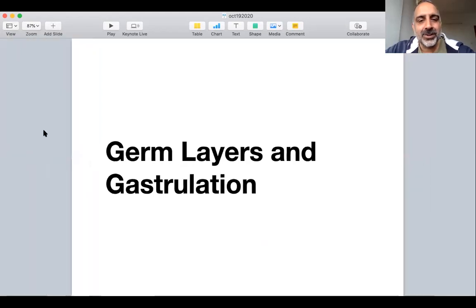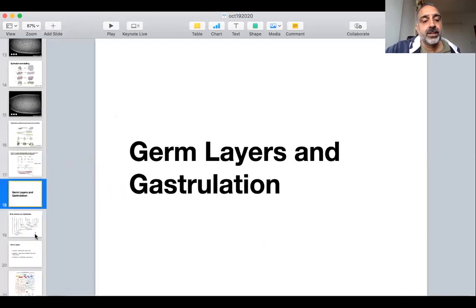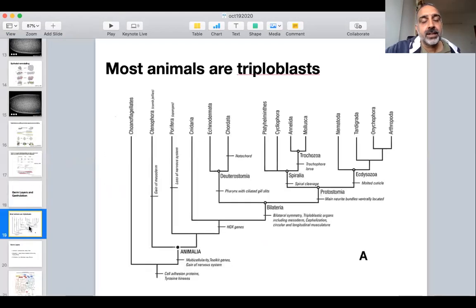So what we're going to talk about is the formation of the germ layers and gastrulation, and this is a very nice example where different behaviors are coordinated to give a particular structure. So as Kanika says, gastrulation is important for forming one of the germ layers, which is called mesoderm. And mesoderm,